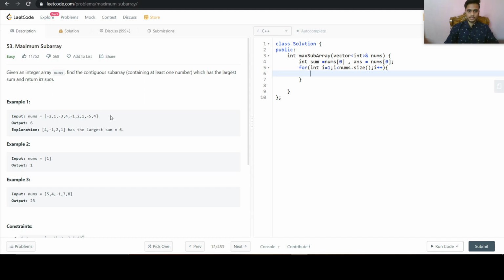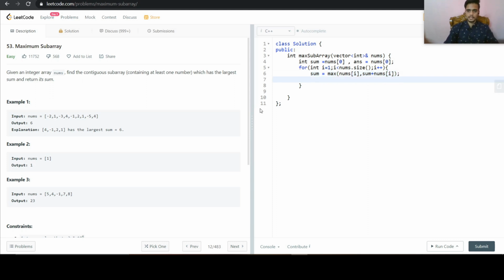So what we will do here is assign sum as the maximum of nums of i, the current encountered value, and adding that current encountered value with the existing sum, and we will see whichever is greater, then we will assign that to the sum.